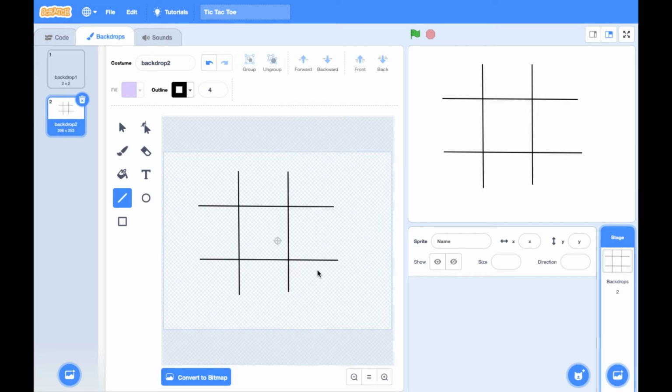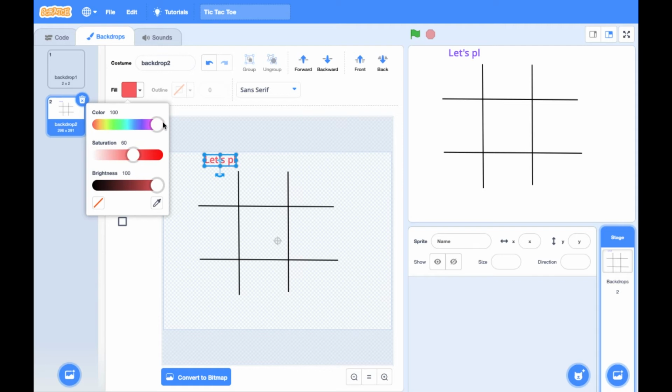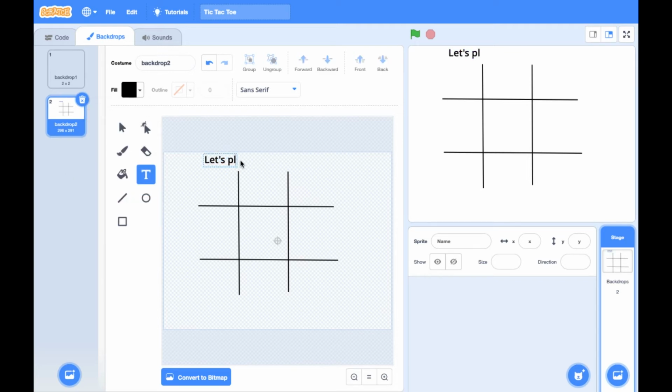It doesn't matter how it looks because the coding is the main thing, and that will decide how your game is going to be. So we'll be writing, you can choose any color. For now I have used purple. You can choose any color from here. If you want to choose red, you can choose red, but for now I'll be using black to make it look decent. So let's play